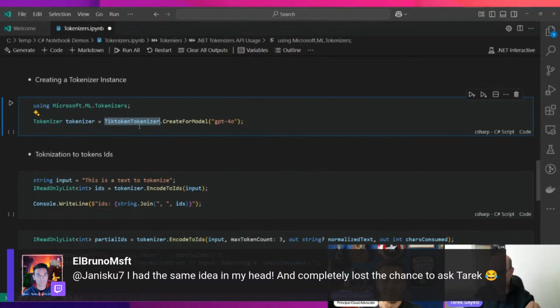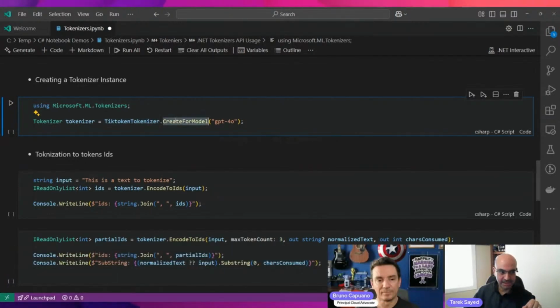This is the name of the class, the specific class, and you have a create method inside it. So using the name of the tokenizer and the create method, you can create the tokenizer object. For example, if you need to create a BPE tokenizer, you will have BPE tokenizer dot create. And you need to pass the model name, GPT-4o.